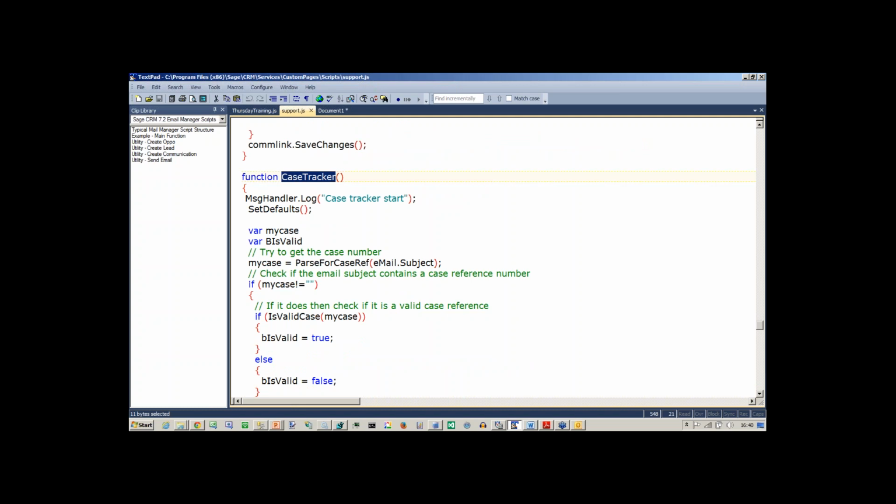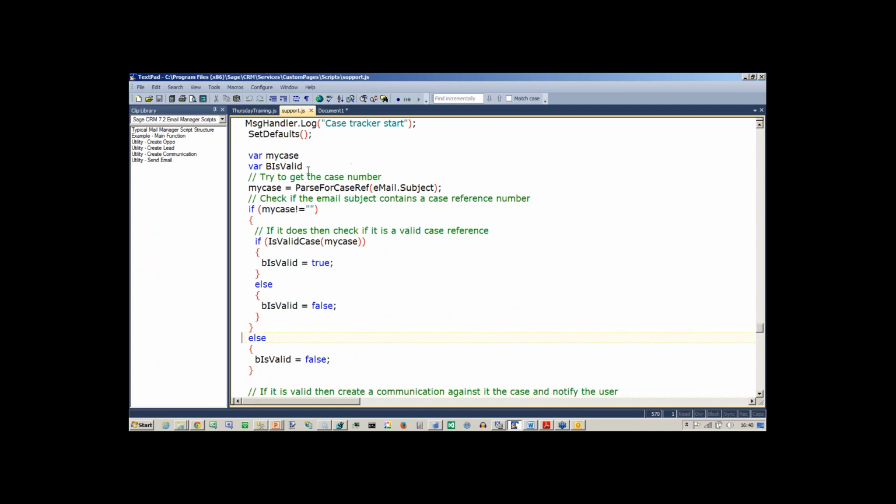Now, case tracker, I happen to know, will do a variety of things. It will provide an automatic response. If the email is received, it will create a new case. If the case is unknown or the first time or doesn't quote a tracking number, and if your subsequent emails contain the tracking number, then what it will do is it will add that email into the existing case that was created by the function. So case tracker is quite a sophisticated function in doing a number of different things,